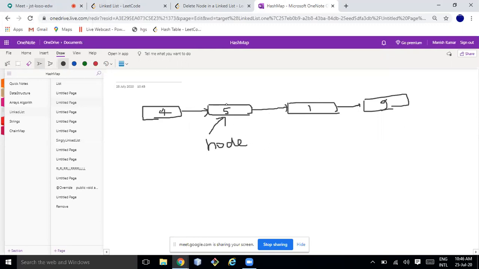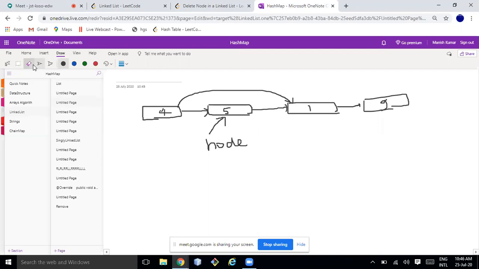So we have to delete this node 5. You don't have the head pointer, you don't have any other pointer, you have just a pointer to this node. This is the pointer you are given and you are asked to delete this one. If you have attended my previous class and you have the pointer to the previous node, then you can delete it by just pointing next is equal to next.next. Instead of this, you can directly point it to this one, and make this node's next equal to null. Automatically this will be dereferenced and collected by the garbage collector.